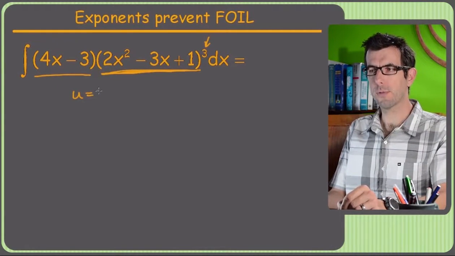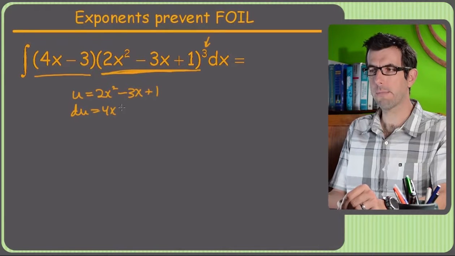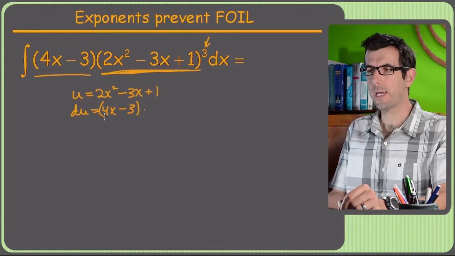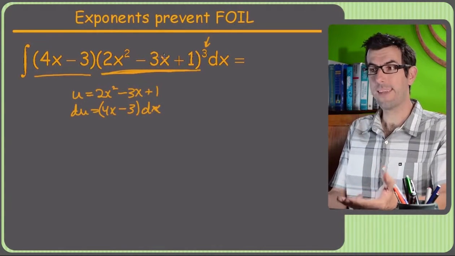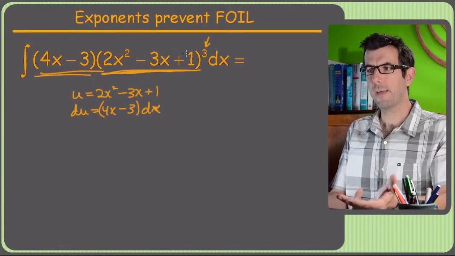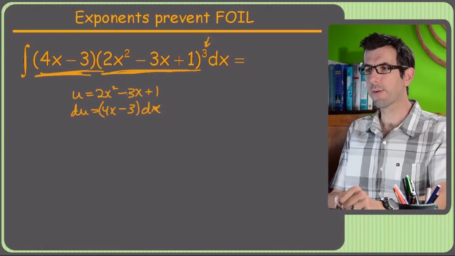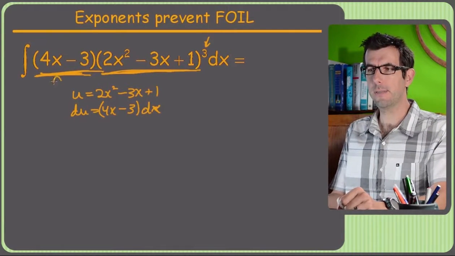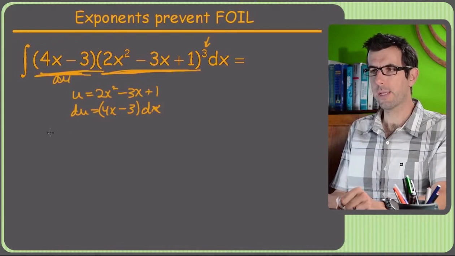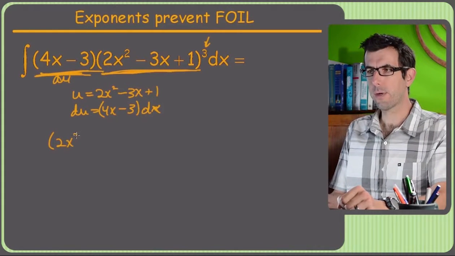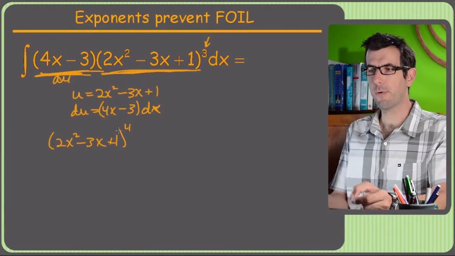So we'll just try setting u equals 2x squared minus 3x plus 1, which means my du, let's take the derivative of this, is going to be 4x minus 3. And of course that is all times dx. Well, look at that. That is in fact what I have here. So sure enough, this is actually a perfectly set up problem. It's going to be really easy. All we got to do is just integrate it, the power rule, and this is part of my du, so it'll just go away. So when I integrate this, I just get 2x squared minus 3x plus 1 to the new power, which is 1 bigger, which is 4,